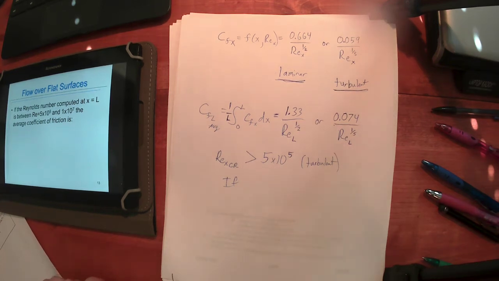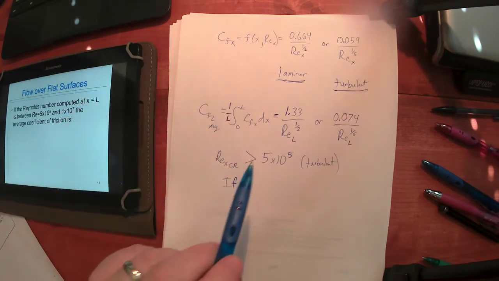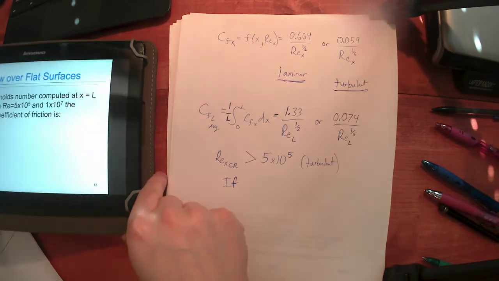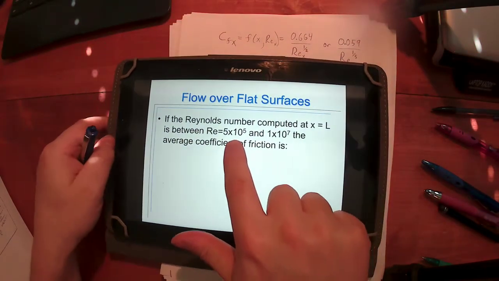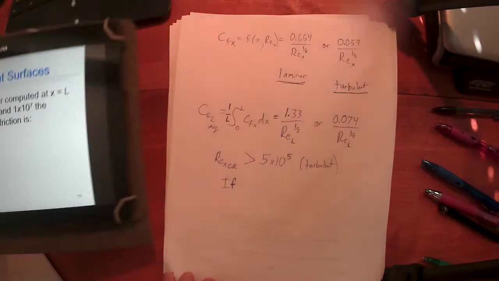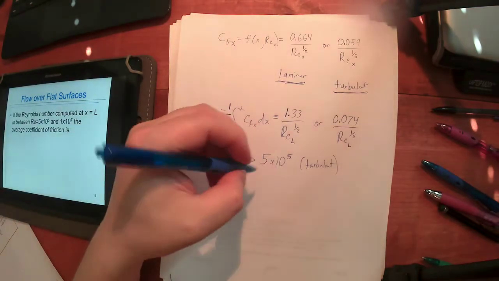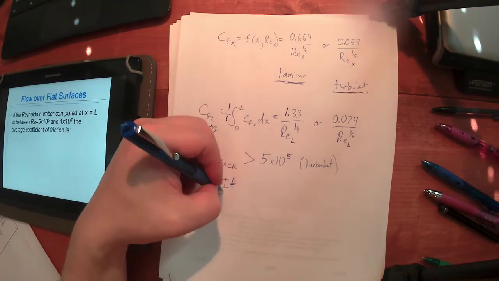That's okay. So we were saying, what do you do, and in this in-between region, I've got a Reynolds number out at the length of the plate between 5 times 10 to the 5 and 1 times 10 to the 7. It's basically between 500,000 and 10 million. What do we do with that? Well, if that's the case,